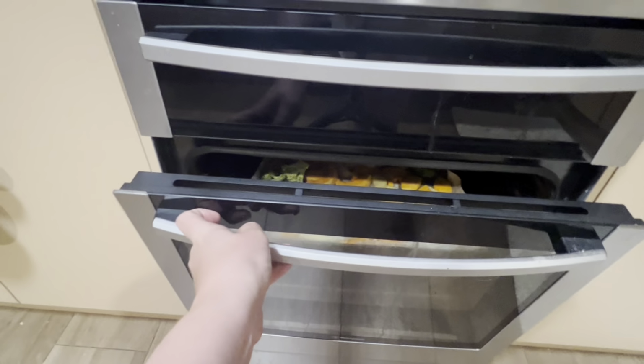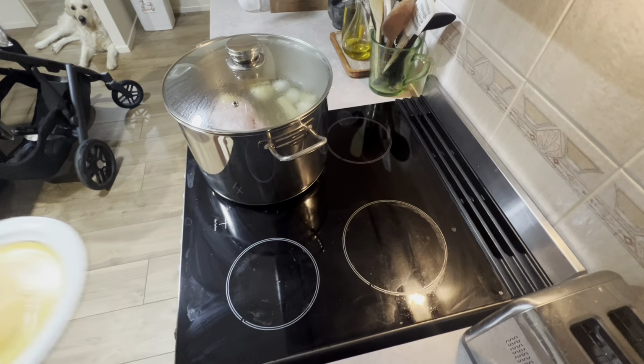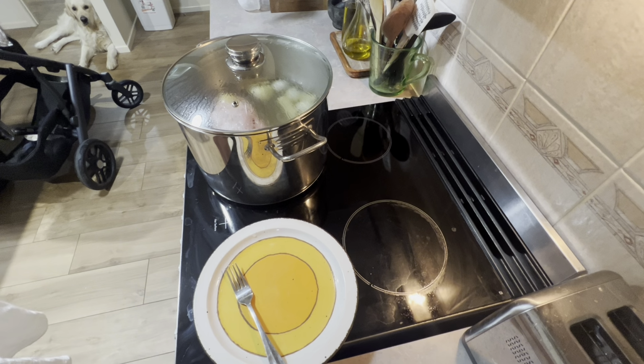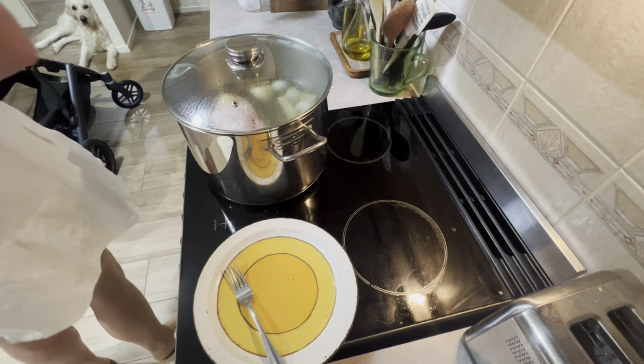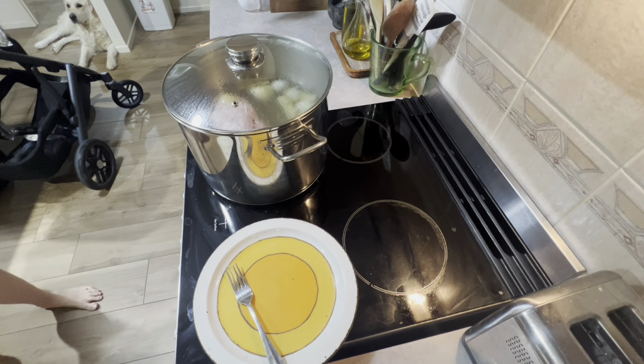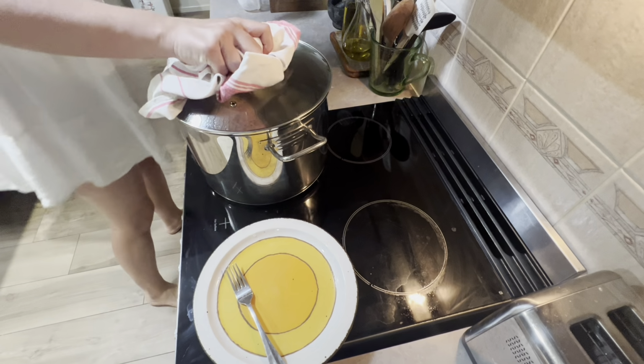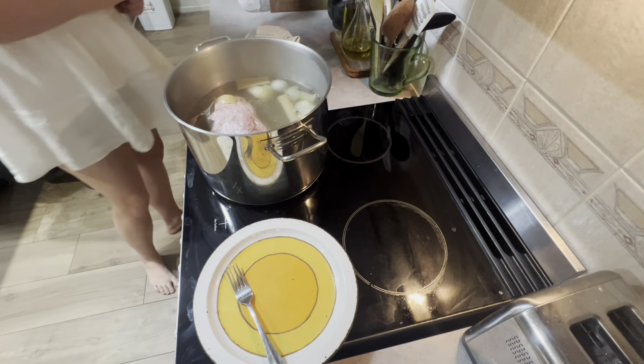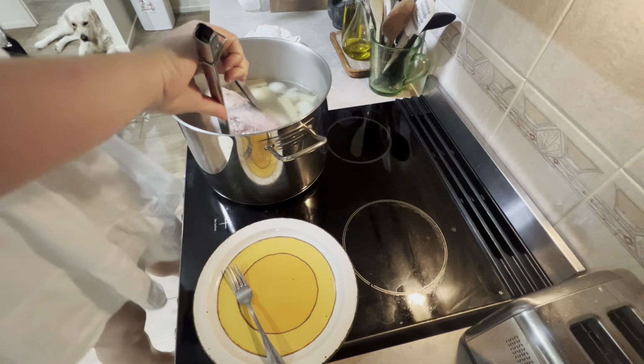So to do that, you want a large pot. You pop your corned meat in and fill it up with water so the water goes over the meat. You bring that to a boil, and then you drain that water and wipe down the pan. Then you do the same thing again. So you pop your meat back in, fill it back up with water so it covers the meat, and then